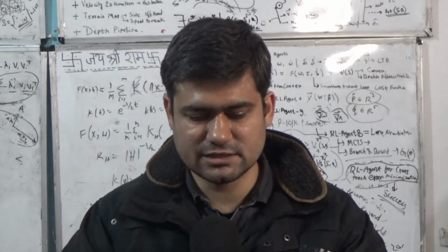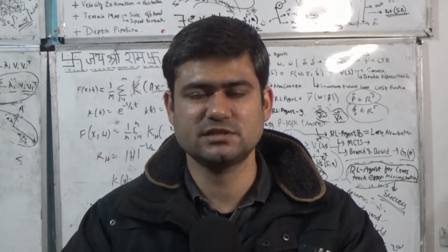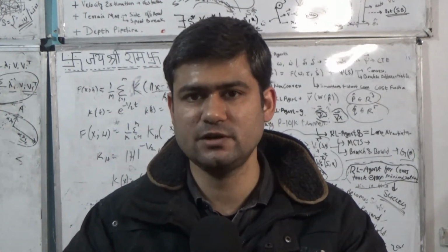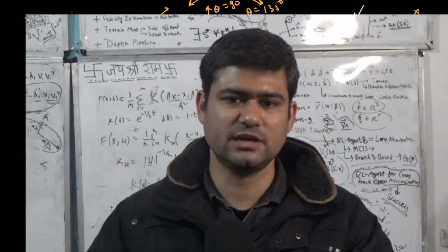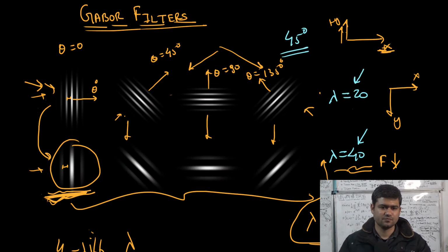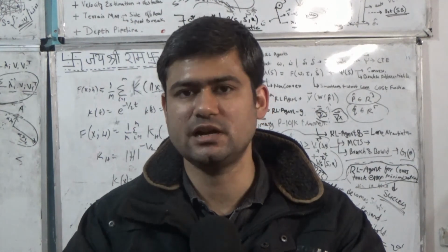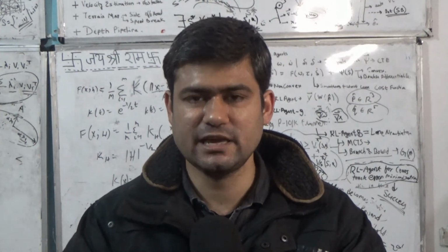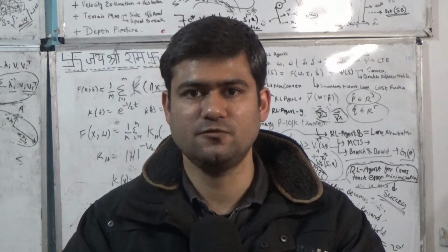So this completes the discussion of the mathematical formulation of the Gabor filter. We have described how we can even use the Gabor filter for computing the vanishing points in images. We've also seen graphically what the Gabor filters look like at different scales and different orientations. And now we will focus our attention back on GIST descriptors and how the GIST descriptor uses a Gabor filter bank to compute the global description of an image.